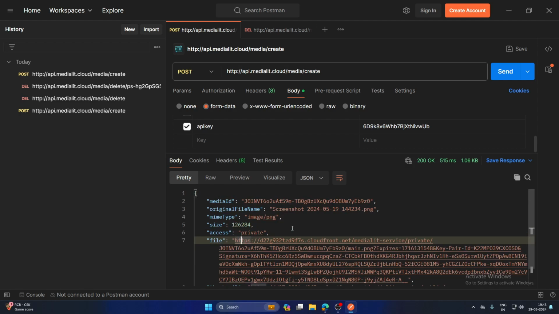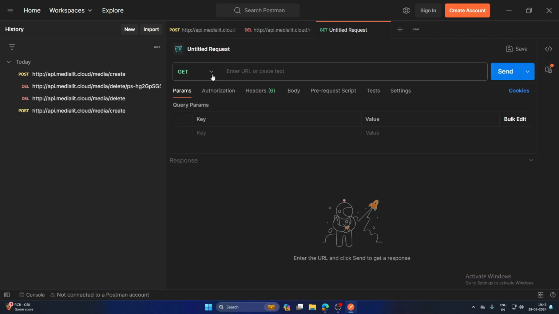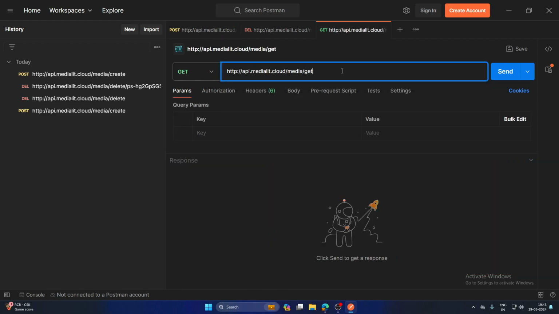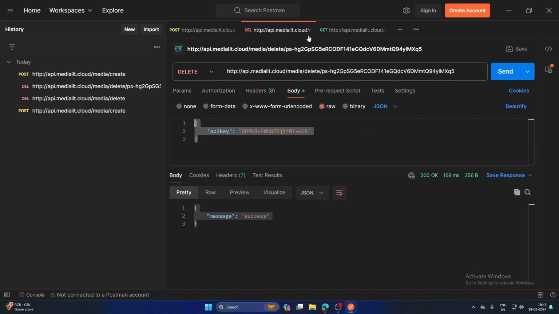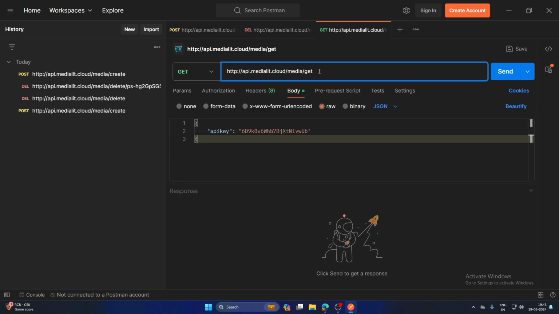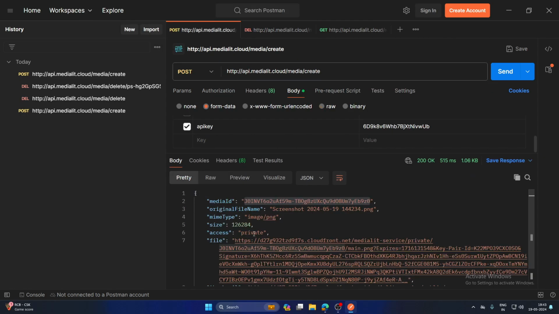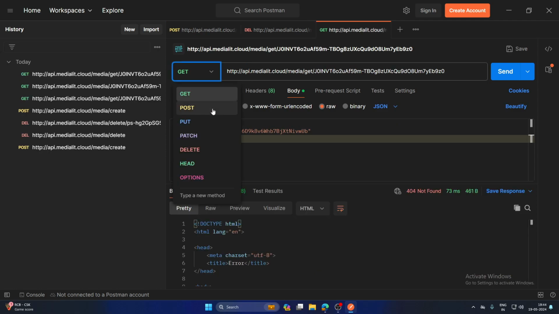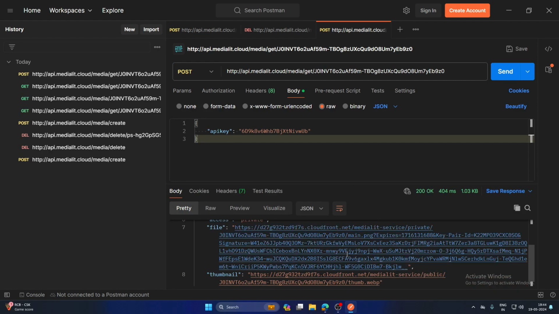And this is where the media ID will help you out again. In case you want to obtain the signed URL again, you need to make yet another request to an endpoint called this. Copy this part, paste it here and then /get. Again, copy this part from the delete and go to body, switch to JSON, paste it here and then use that media ID here. Oops, I made a mistake. Let's obtain that media ID, which is this. Paste it over here, switch the HTTP verb to post and hit send